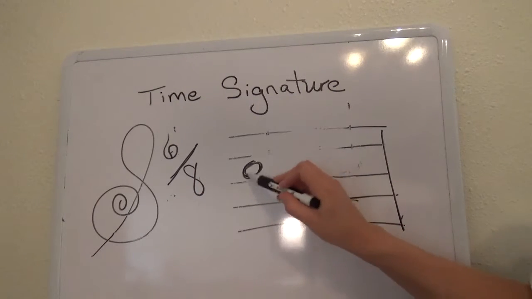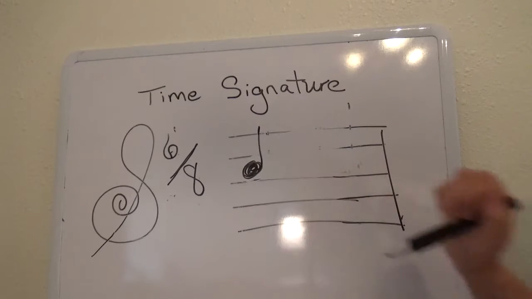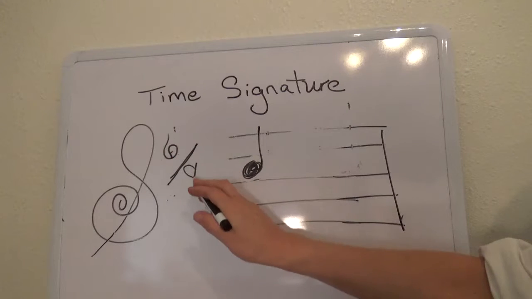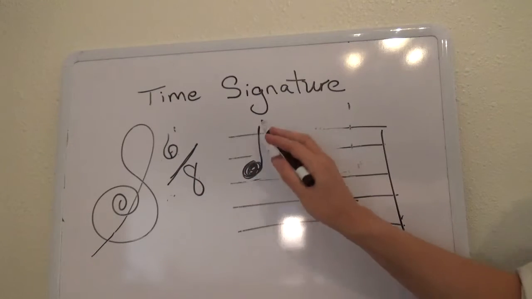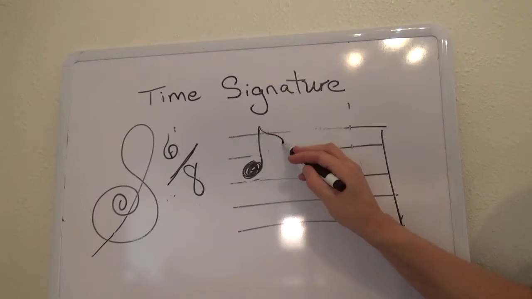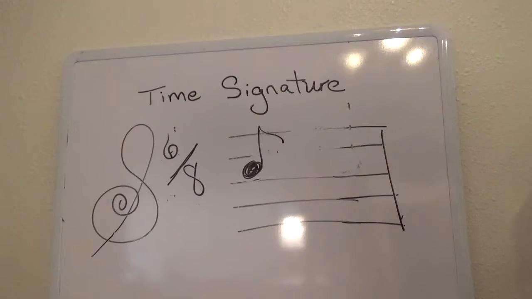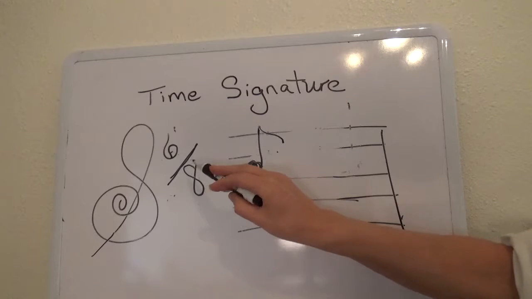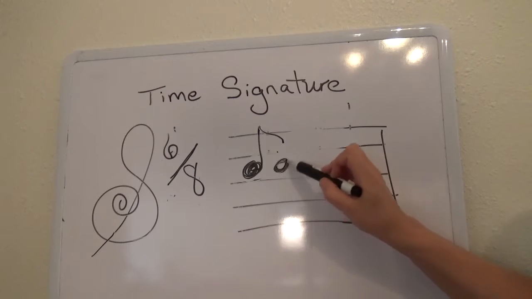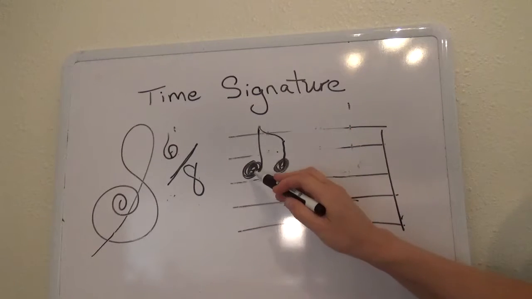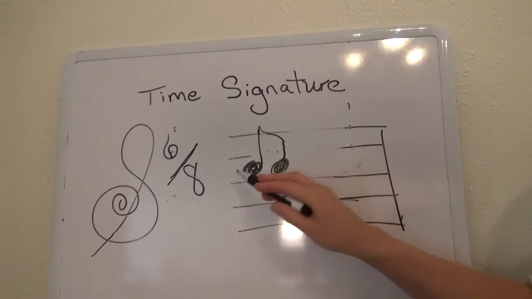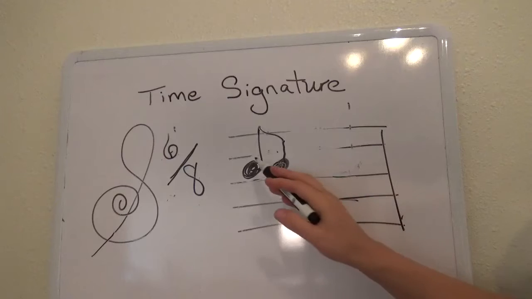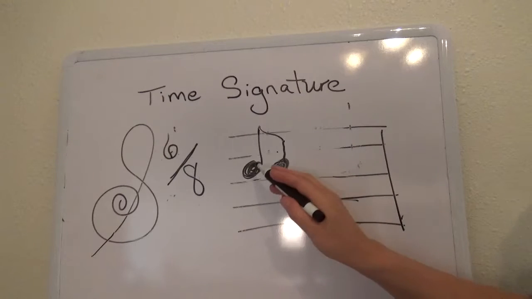And all that means is what? In 4/4, this gets a beat. So in 6/8, where the 8th note gets the beat, when you see an 8th note, that gets 1 beat. So you have to remember when you see an 8 down here, an 8th note gets the beat. So let's say you have these two. Normally in 4/4, these two will equal 1 beat, so it would be 1 and. But if you see an 8th note there, each of these is a beat, so it's 1 and